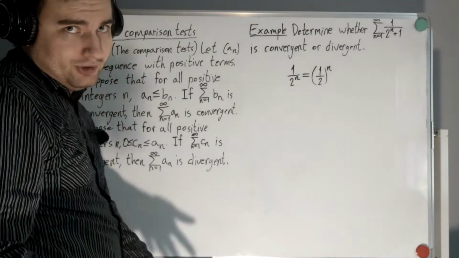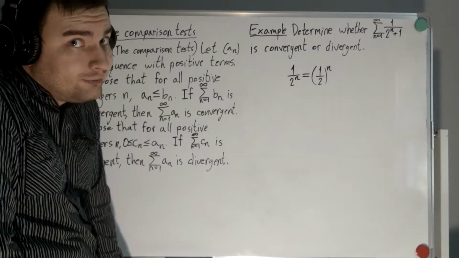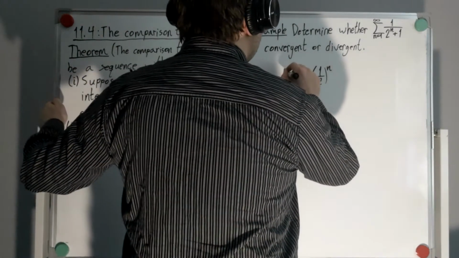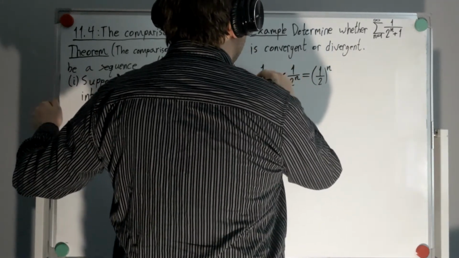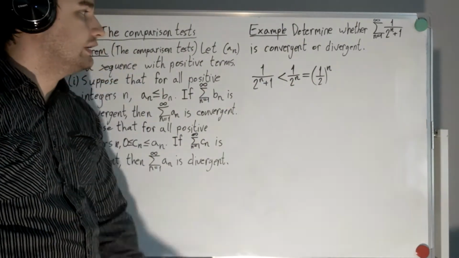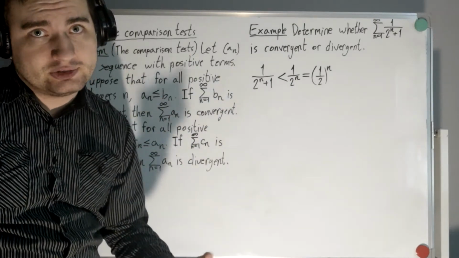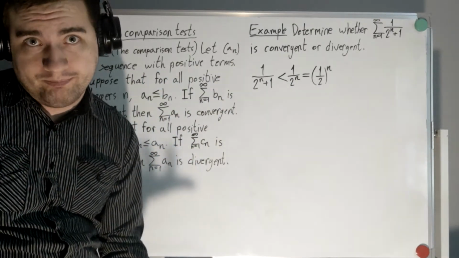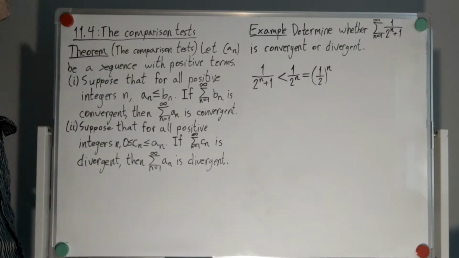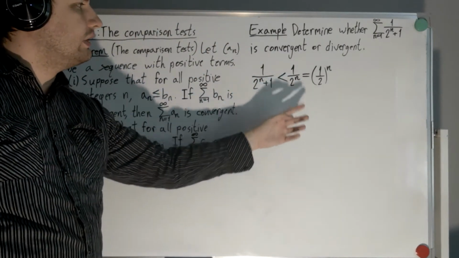All right, now, of course, getting rid of it has some consequences. It will no longer be equal, right? What will be true, though, is that this will be larger than if you had that 1 there in the denominator. Okay? And that's because you just cut out a 1, so that made the denominator smaller. If you make the denominator smaller, then the whole fraction gets larger. Okay, so I have this new sequence, which all the terms of this sequence are larger than the terms of